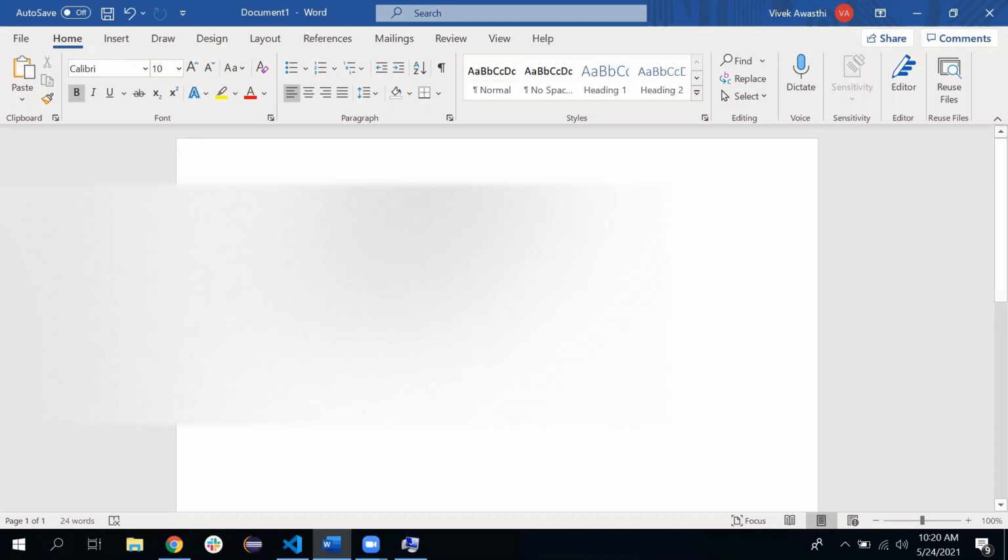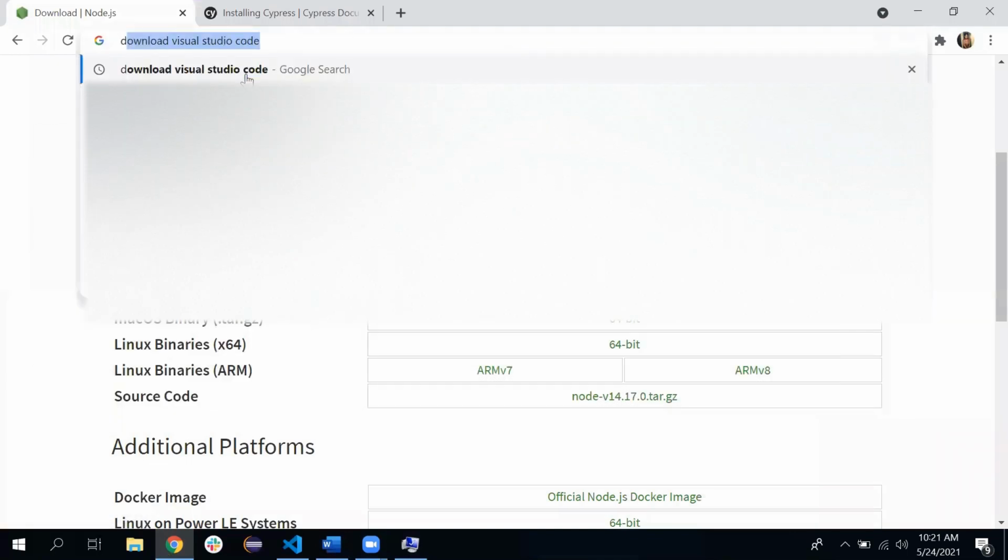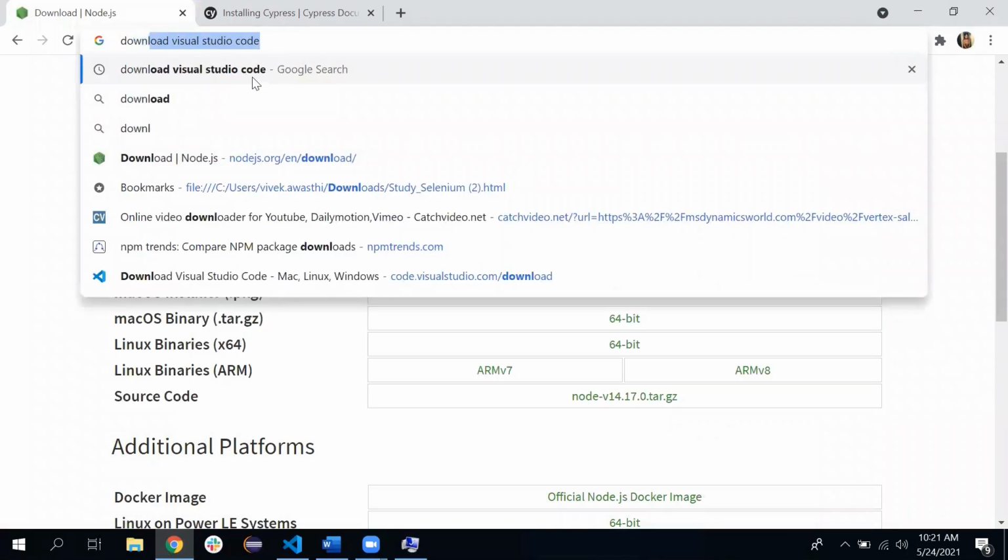The third step is to download and install Visual Studio Code. Visual Studio Code is one of the best editors used for JavaScript scripting. For framework creation, we want an editor where we can write the code and create our scripts. We can use Visual Studio Code for this tutorial. I'm using Visual Studio Code, so you can download the same for our scripting purpose and writing the Cypress code. To download it, just type download Visual Studio Code,